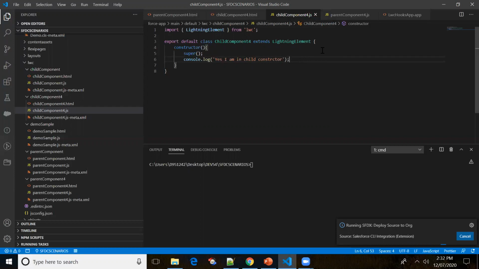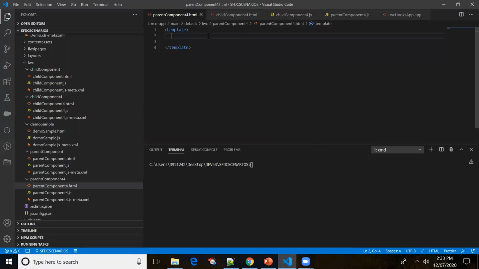It is getting loaded. We are successfully able to deploy the code to the source org. Now in the parent component, I'll include the child component. What was the child component name? Child component 4.